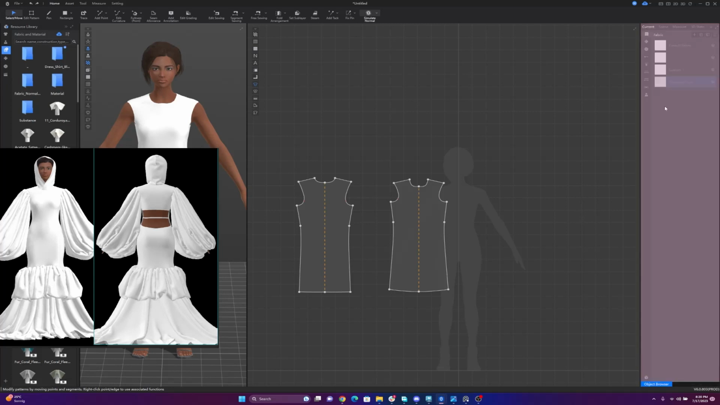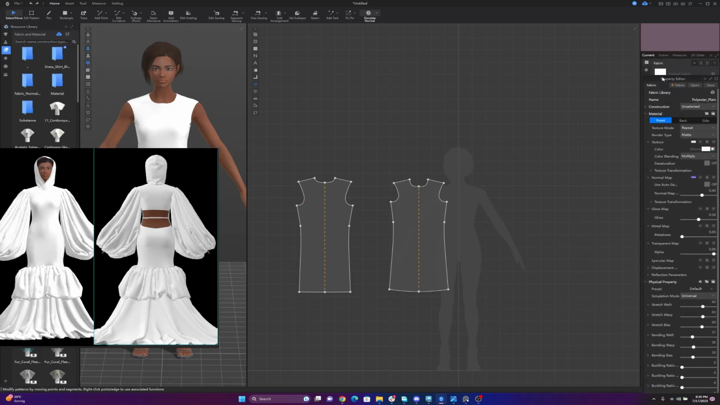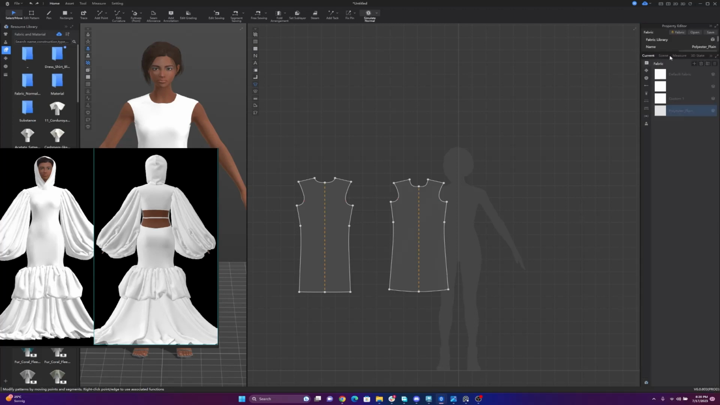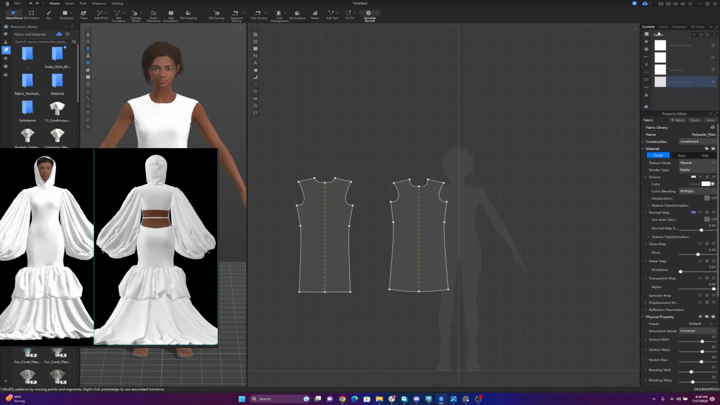Let's try to bring this one down here. Okay, so I want to try and drag this up. Okay, let me try and drag this up. Okay, yeah, now I just did that. So you guys can see. So let's go back. This is the polyester plain. As you guys can see